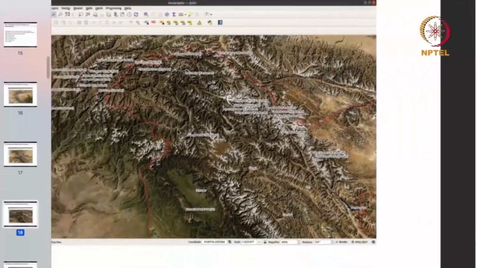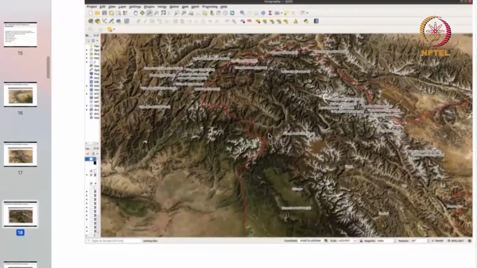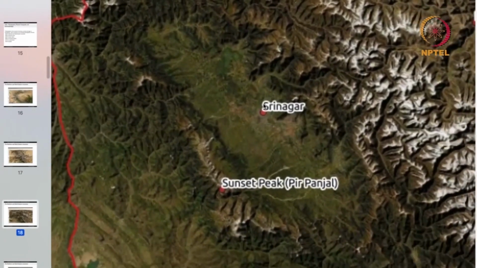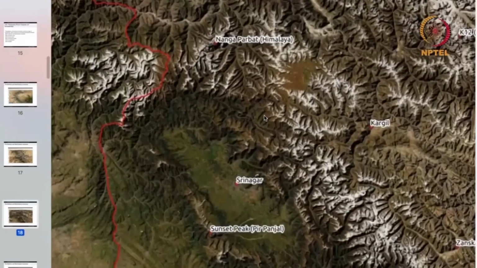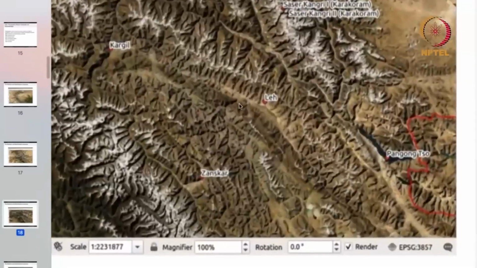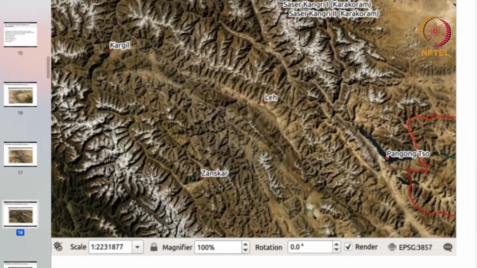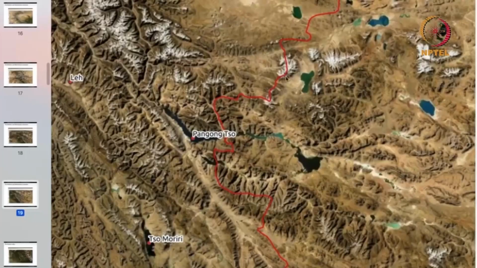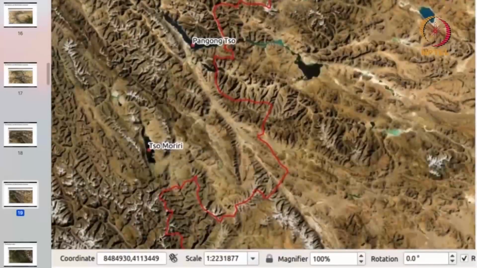And if we look at this portion in more detail, we will find that this is Srinagar. So this is the Kashmir Valley, and this Kashmir Valley has Himalayas on one side and Pir Panjal range on another side, and this is a peak of the Pir Panjal range. So this is Srinagar, and here we have the Leh range, and here we have the Zaskar range. So these are two other important ranges in this region. In this region we also find a large number of glacial lakes such as the Pangong Tso and the Tso Moriri,